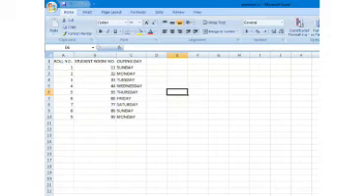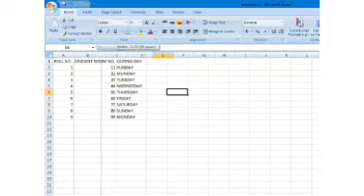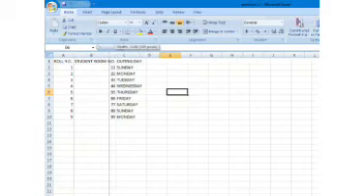When I keep the cursor at the border line, it will show me the plus sign. That means now you are able to drag it to increase or decrease the size of that column. If you want to decrease it, move towards the left side. If you want to increase it, you can move towards the right side.